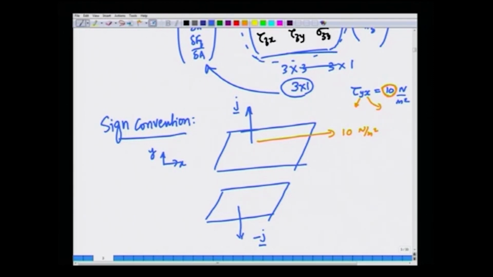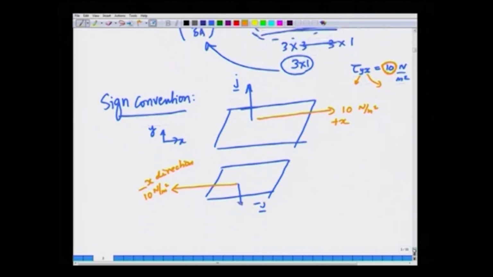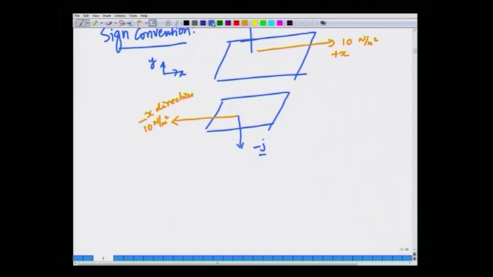So, if you consider the unit vector pointing in the minus j direction, then the force acting on this surface is in the minus x direction. This is plus x. The magnitude of the force is 10 Newtons per meter squared. So, if somebody says that the stress tau y x is plus 10 Newton per meter squared,